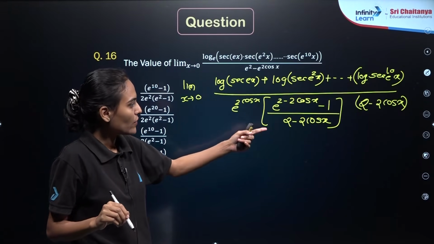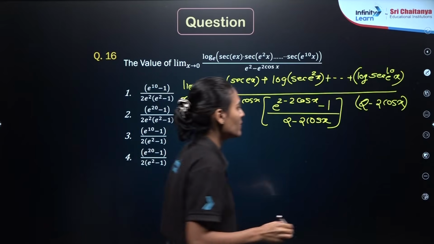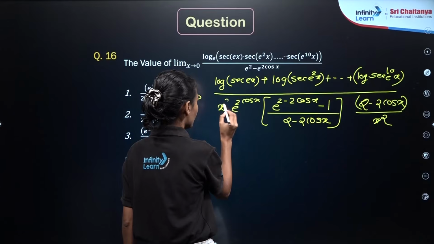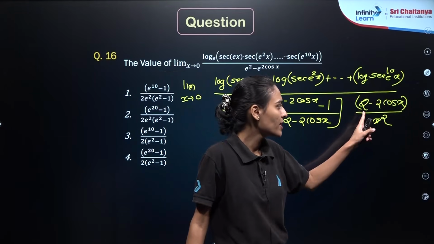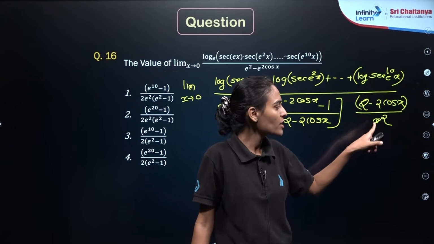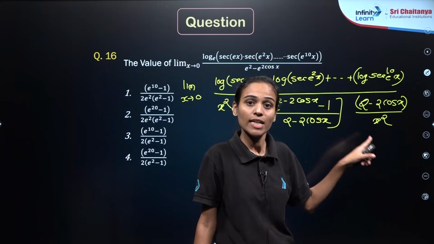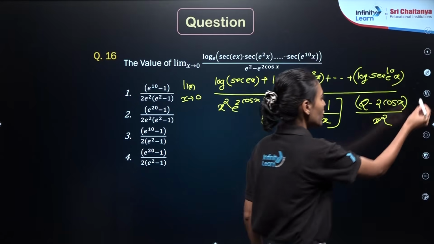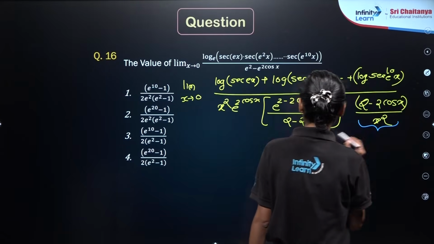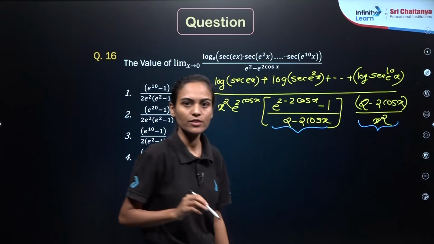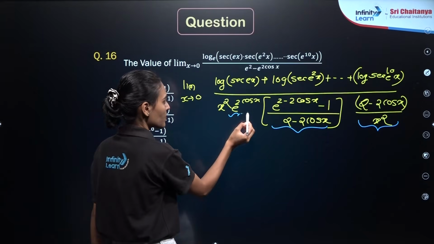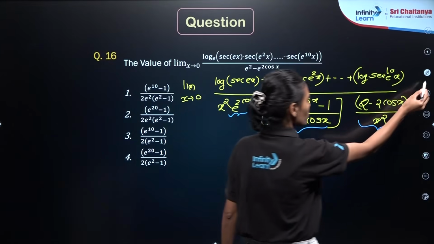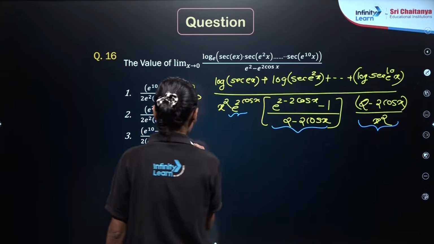Then you have divided by 2 minus 2 cos x. So what I will do? I will divide by x square and then multiply by x square, because this is nothing but 2 common, 1 minus cos x upon x square, and as x approaches 0, the limit is half. 1 minus cos x upon x square limit is half, into 2 is 1. So in total this limit is 1, this limit is ln e, again 1. And if you find the limit of this, e power 2 cos 0 is e power 2. So now 1 upon e square,